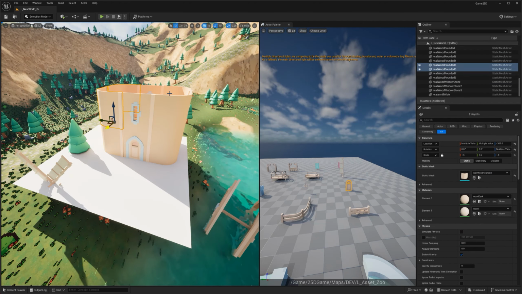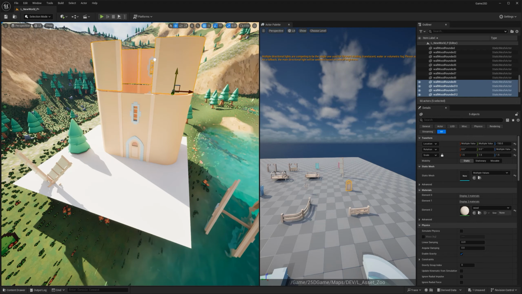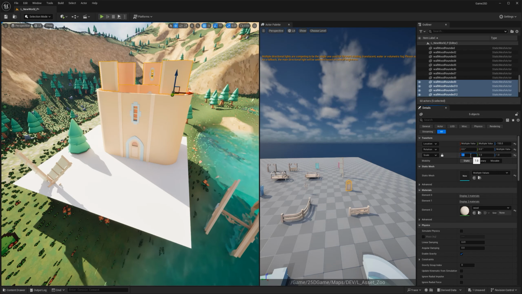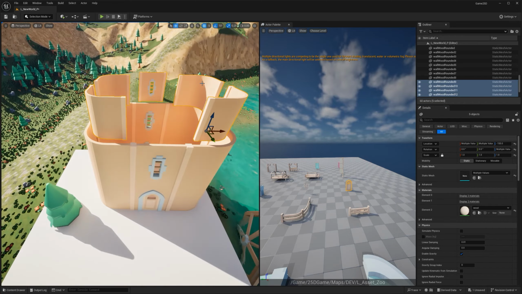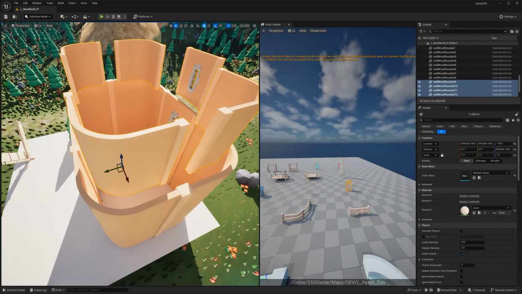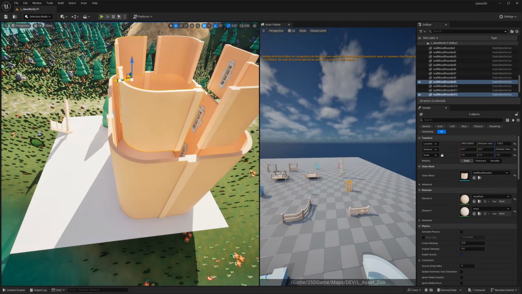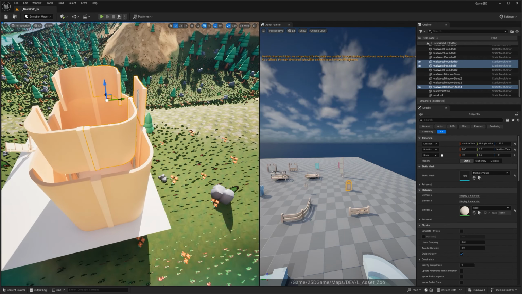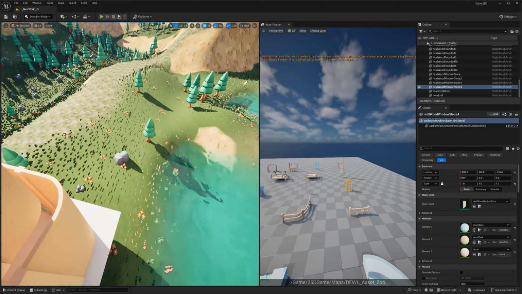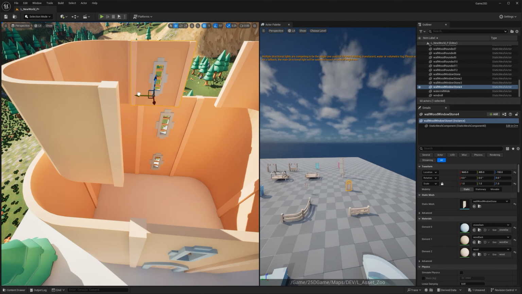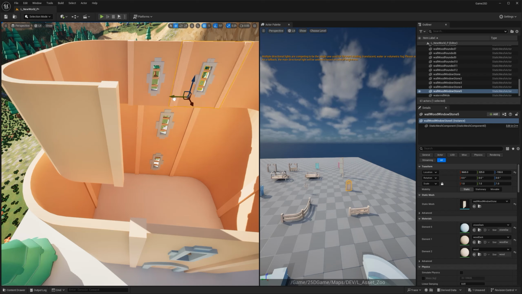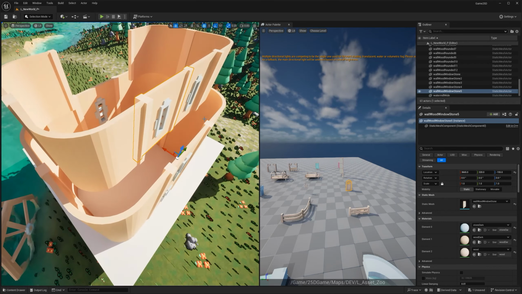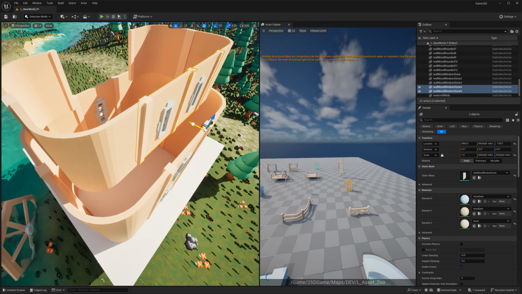I can have the one at the back. But maybe I'll do this one. It's gonna make sense in a second what I'm trying to do. And then I can just move this closer. Move this closer. Move this thing here closer too. Alt click and drag. Maybe I need to push this out a little bit.